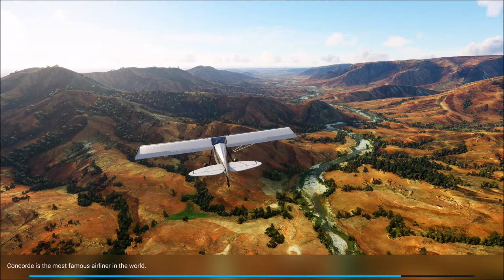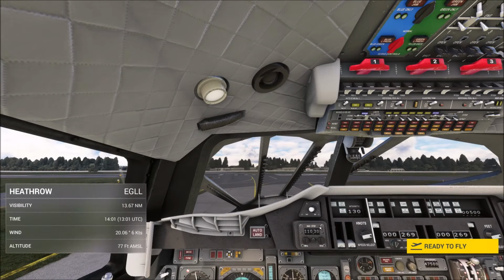The problems that most people seem to have with Concorde is takeoff, climb out, fuel transfer, reaching Mach 2 when Concorde can do it. It can't always. It's a mistake a lot of people make. They think it could just do it all the time, and it couldn't. So we're on the runway,